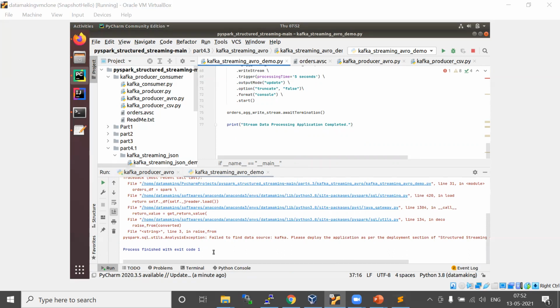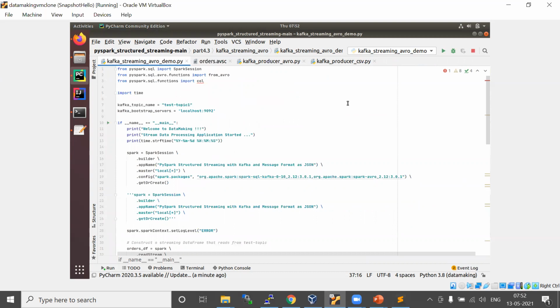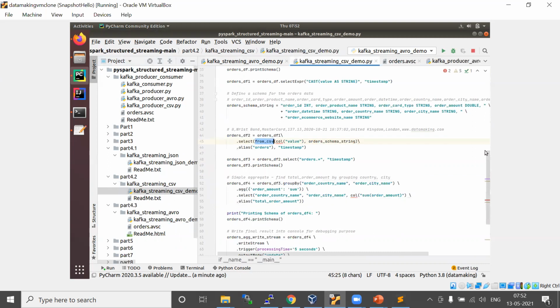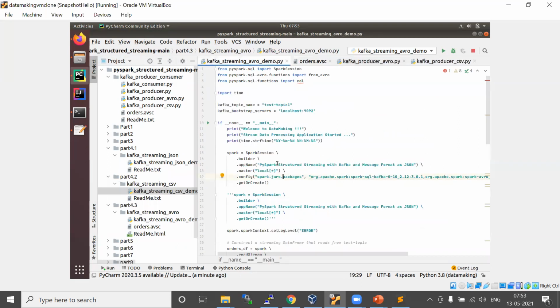Okay, so it failed. It started, no? Okay, Kafka, spark.jars.package, I guess. Yeah, just the property is wrong.